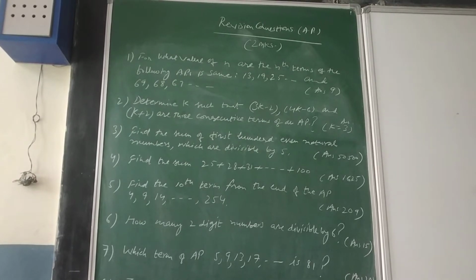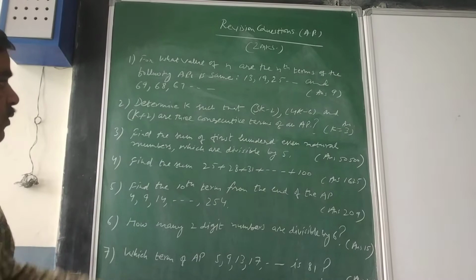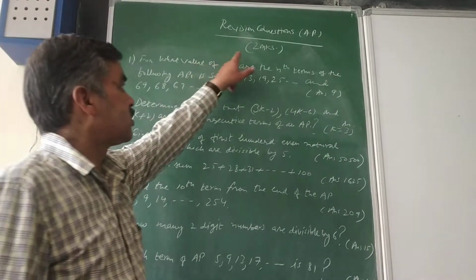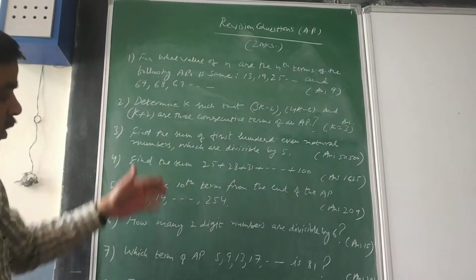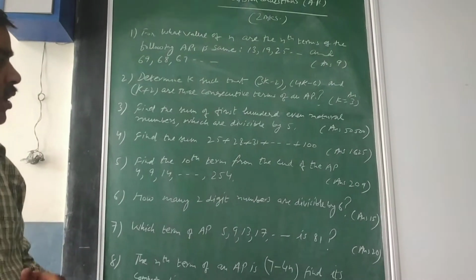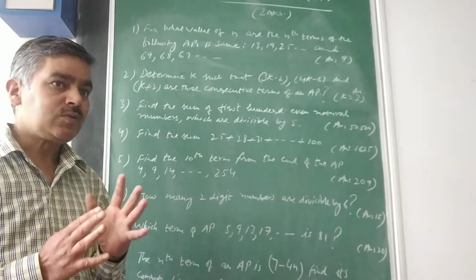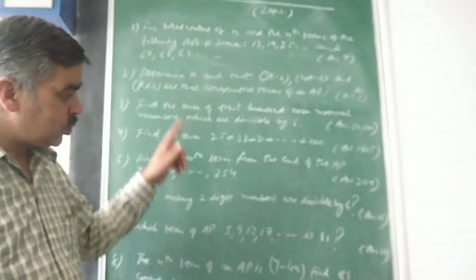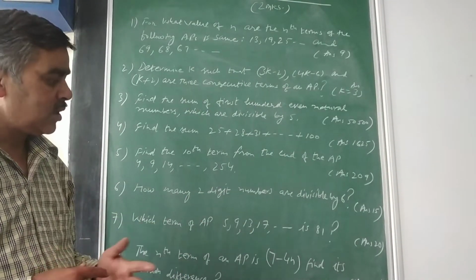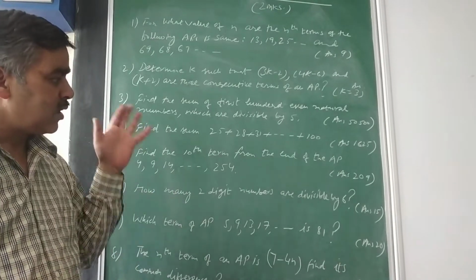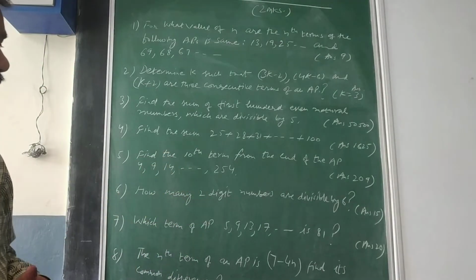2 questions will be there in section A, 1 in section B and 1 in section C. I have picked a few questions from the section B point of view, that is covering your 2 marks questions, what type of questions you need to prepare. These 8 questions I am sharing with you today, and I am giving you the answers of each question based upon your NCERT. Please focus your attention and do it and see whether the answer is coming or not. If any doubts are there, please send a comment. Tomorrow I will be there with the solution for the same and will definitely resolve your issues.